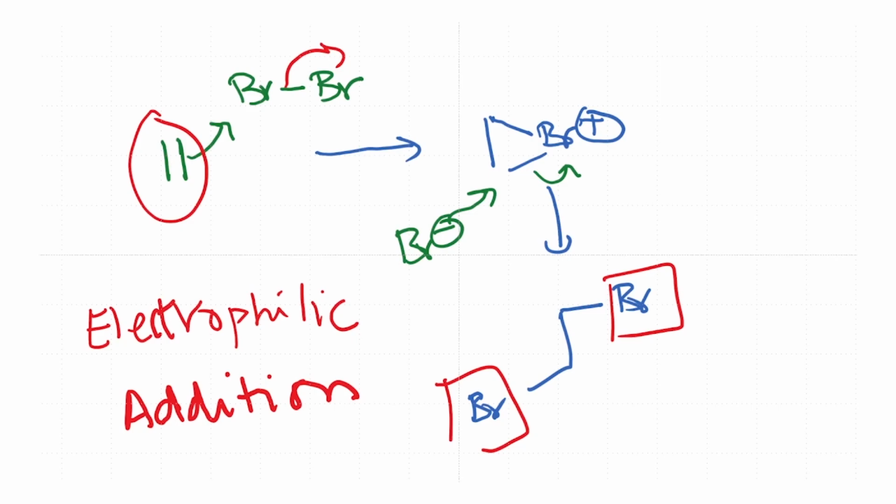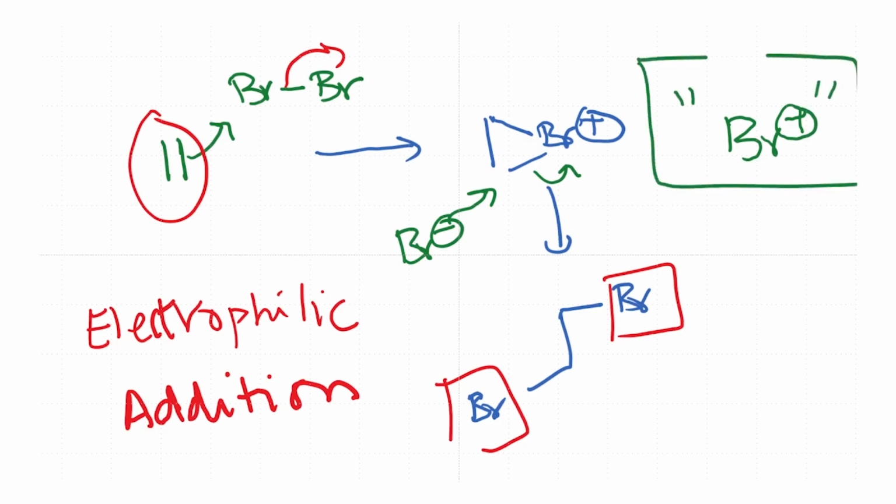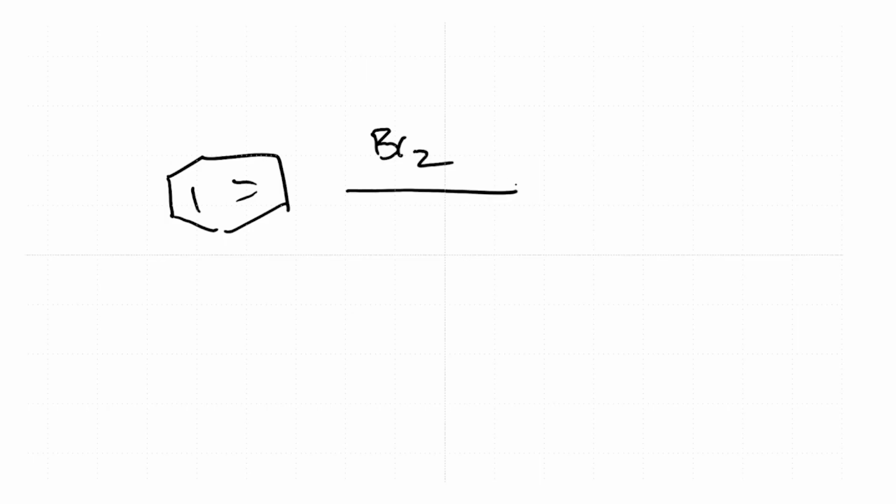But the important point here is that there is an electrophile that is produced, which is essentially Br plus. Okay, so this is important that we understand, because the active reacting group is not bromide, but it is Br plus. Now coming back to the aromatic substitution reaction that we have just encountered. So in the case where we had Br2 and AlCl3,